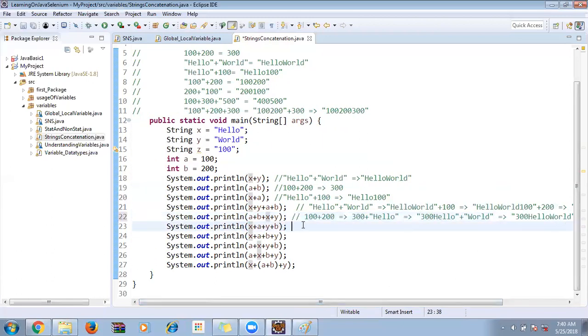Then x plus a plus y plus b. So what is my x? Hello. Plus a. What is my a value? It's 100. Plus y. Y value is what? World. Plus b. So what is my b value? 200. So now if you see,